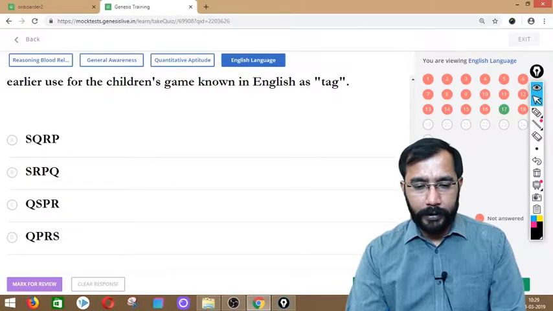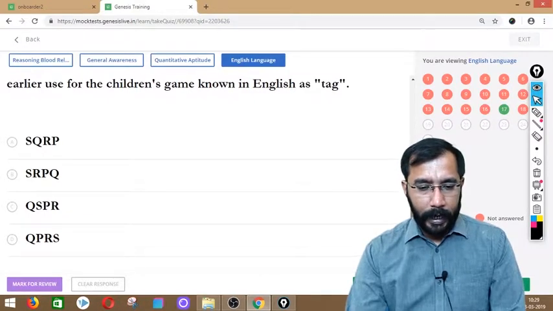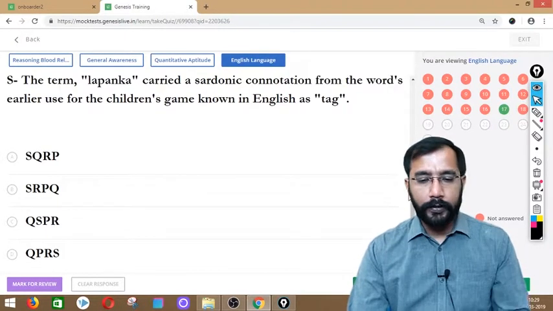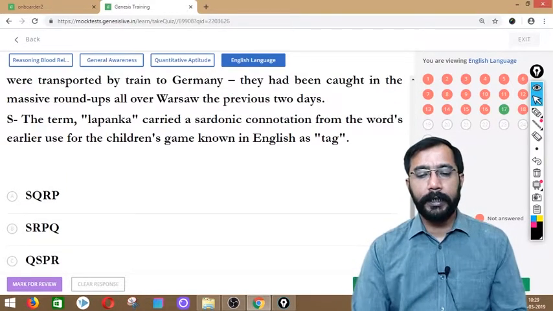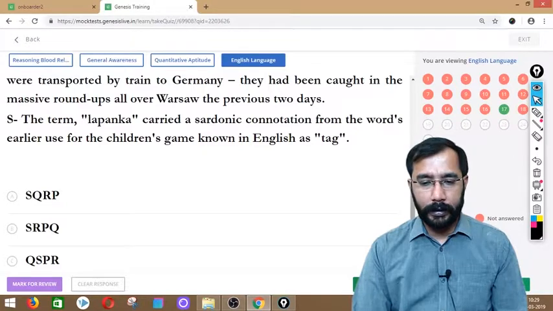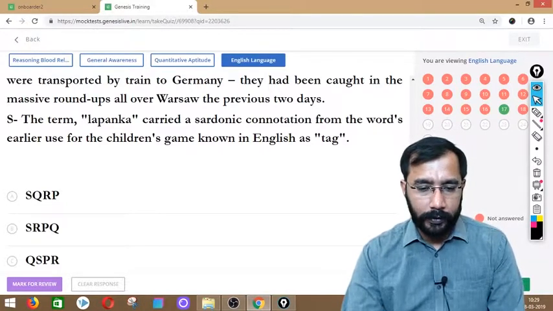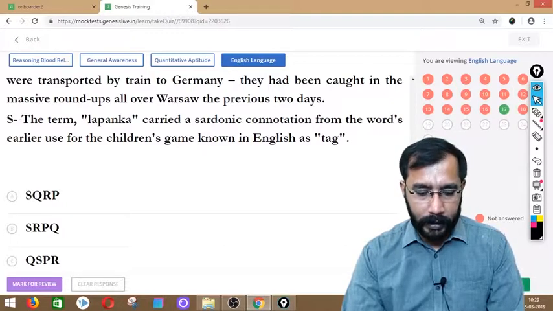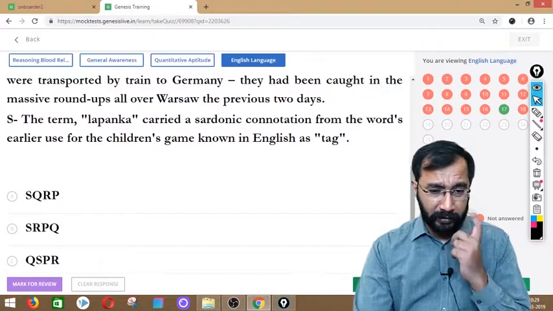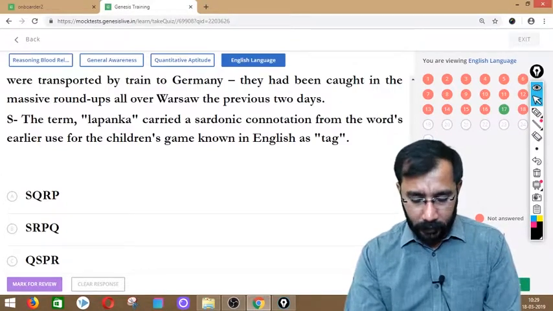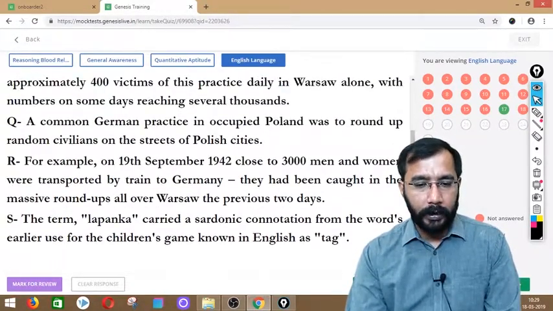When we look at the options, there are two which start with S and two which start with Q. So let's look at the options that start with S. The term Lapanka carried a sardonic connotation from the word's earlier use for the children's game known in English as tag. So it has to start with this, or it has to start with